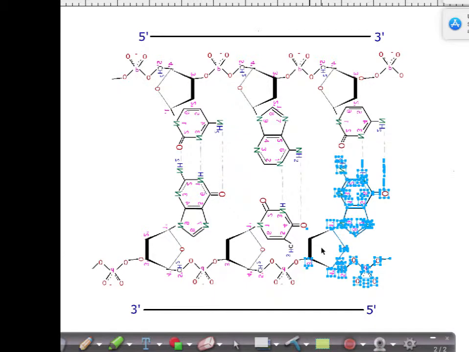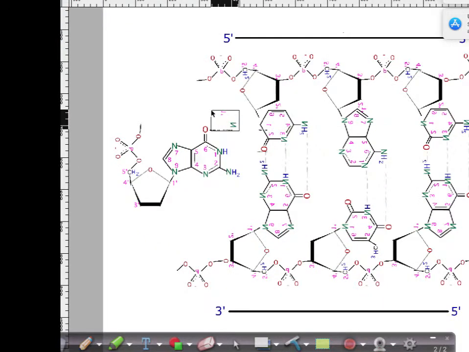structure. So I've just grabbed hold of one of these monomers, and I'm going to copy it, and then paste it, and turn it, and move it over to the side. And now what we're seeing is, if I make certain to add the hydroxyl, we have the building block of DNA. So this building block is called a nucleotide. So the nucleotide terminology, let's go ahead and write that down,